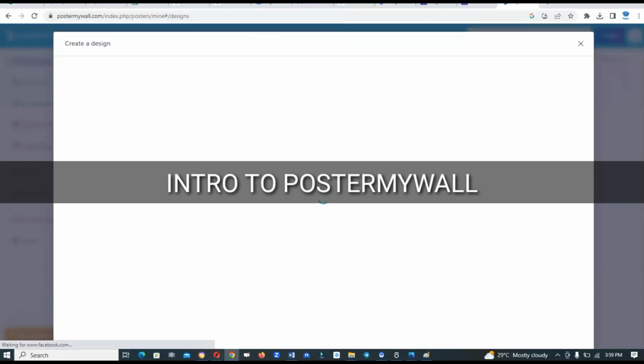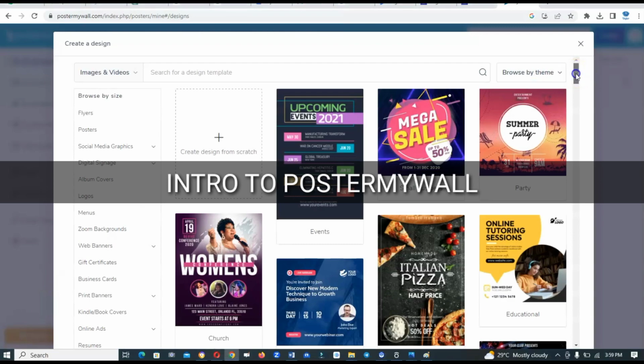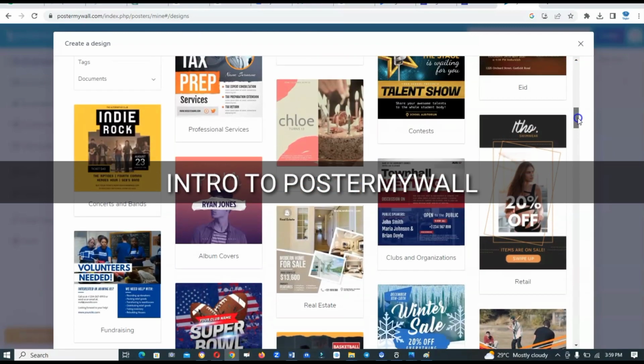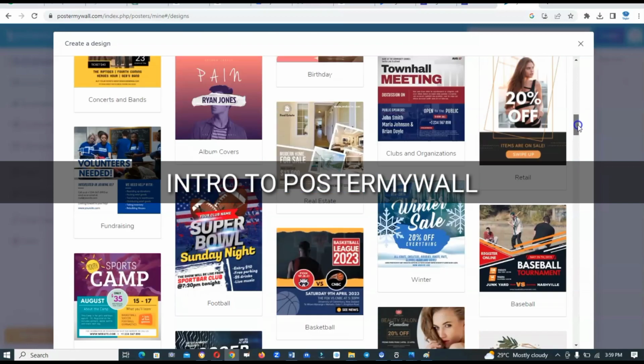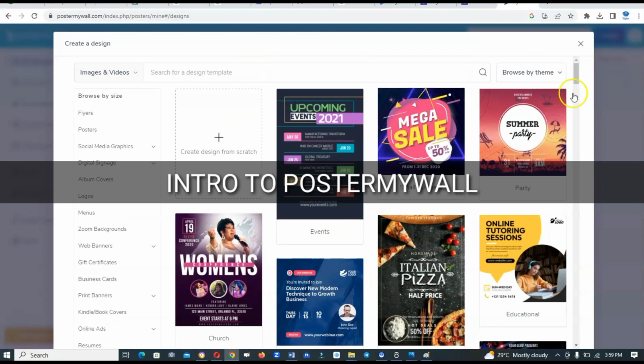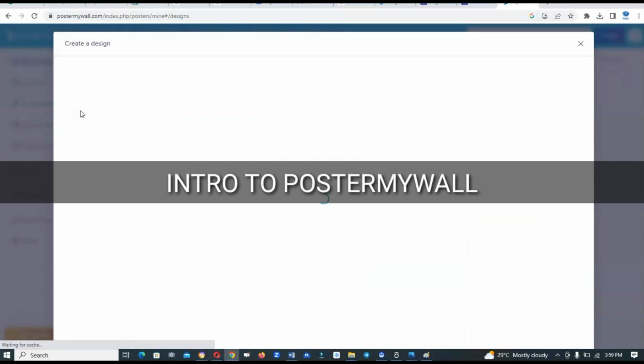So I'll be introducing us to Postermywall. It's an amazing tool I just discovered lately. I discovered that this amazing tool, if not far better than Canva, is at least in the same league with Canva, if not better. So Postermywall contains thousands of templates, either logo, videos,